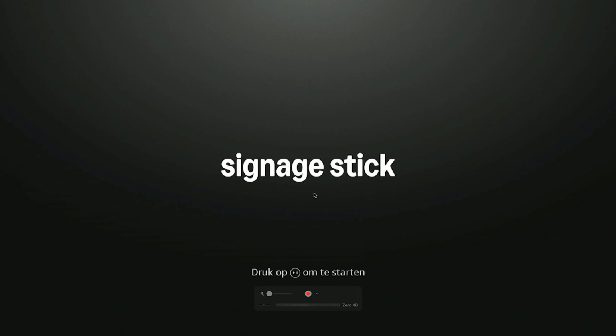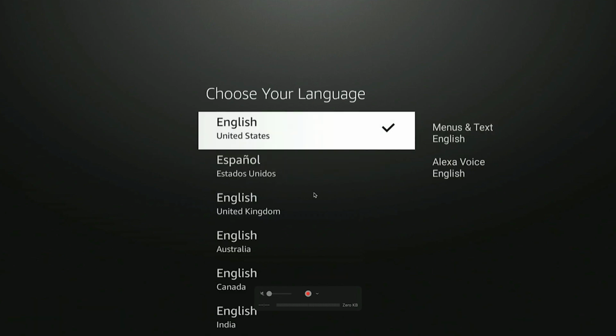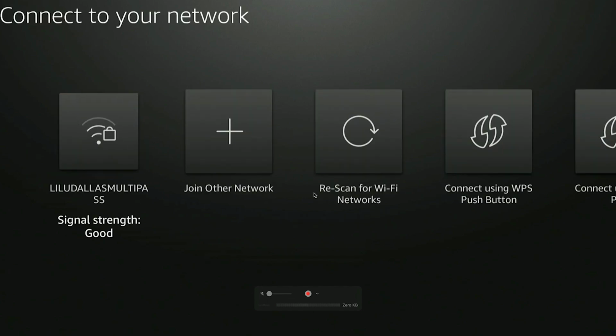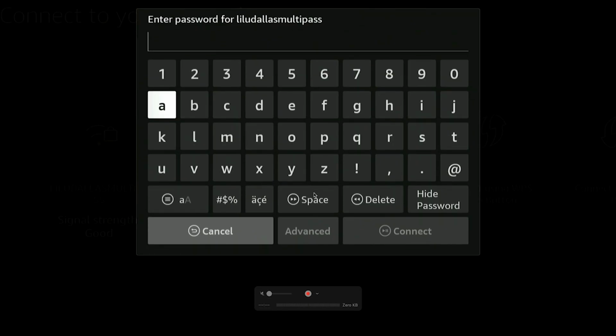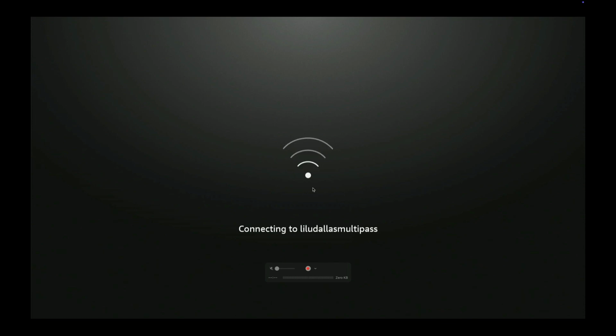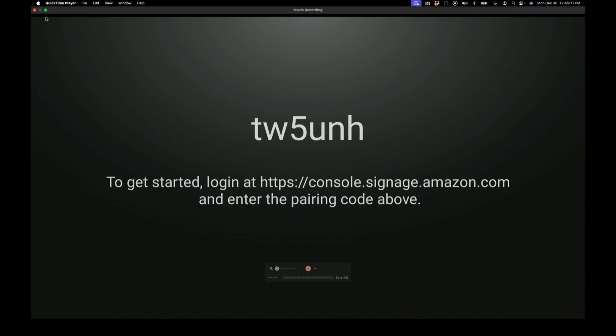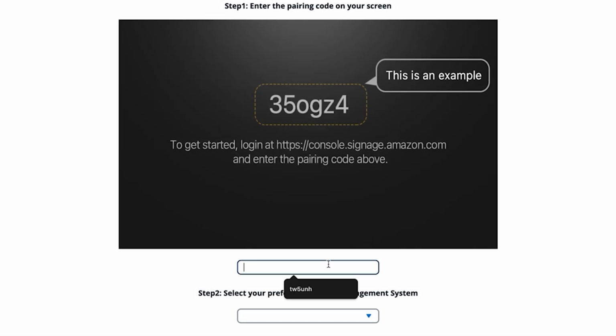So this is what you'll see when your player is plugged into the TV. Use the remote that comes with the player to press the play pause button to start, and you're going to choose your language, connect it to the internet. The player will download its most recent OS, and once it does that, it will present you with a pairing code. From there, go to console.signage.amazon.com,